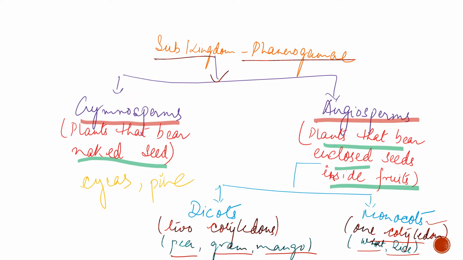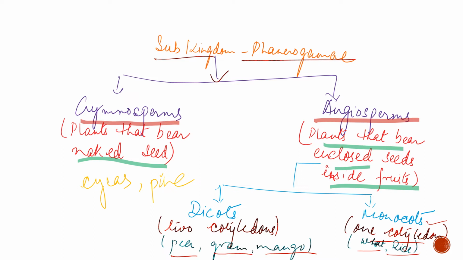So this is a clear-cut tree diagram or flow diagram of the kingdom Plantae. We have divided it into two parts, Cryptogamae and Phanerogamae. Cryptogamae again has three parts, Thallophyta, Bryophyta and pteridophyta, which we discussed in the previous slide. Thallophyta do not have differentiated plant body parts. Just a quick recap: the plants that have differentiated body parts are again divided into Bryophyta and pteridophyta,